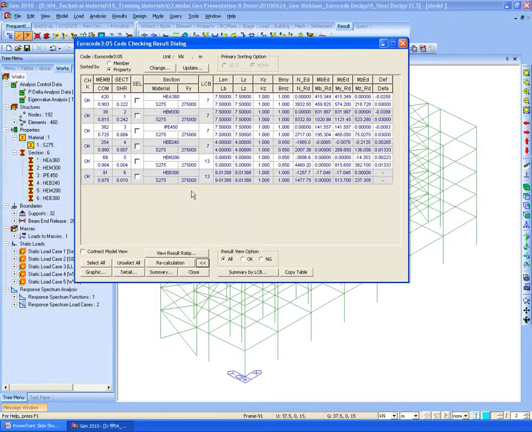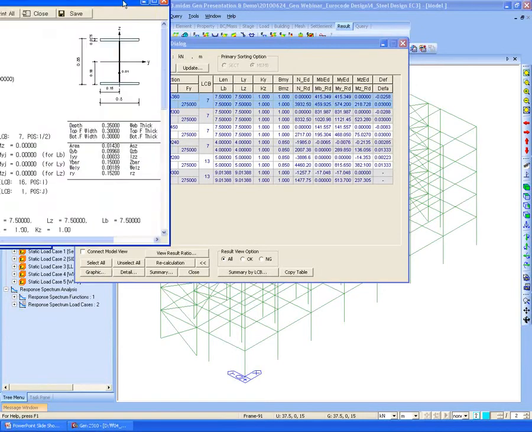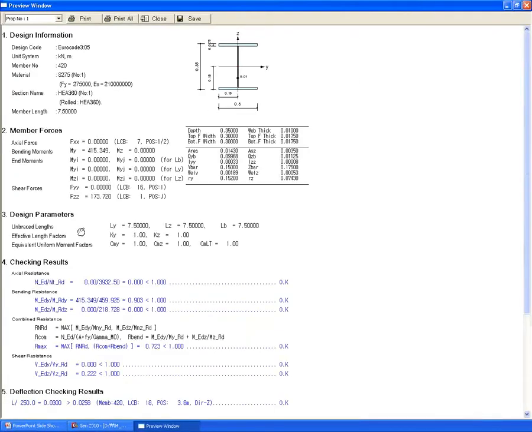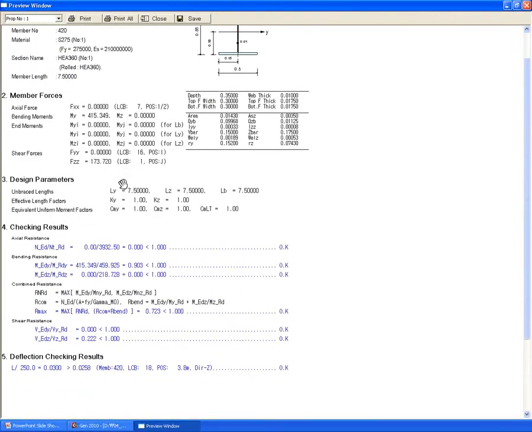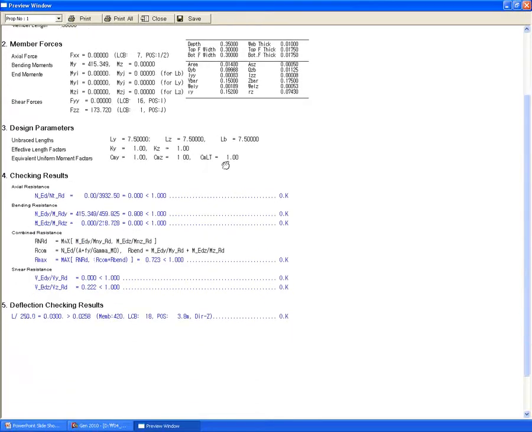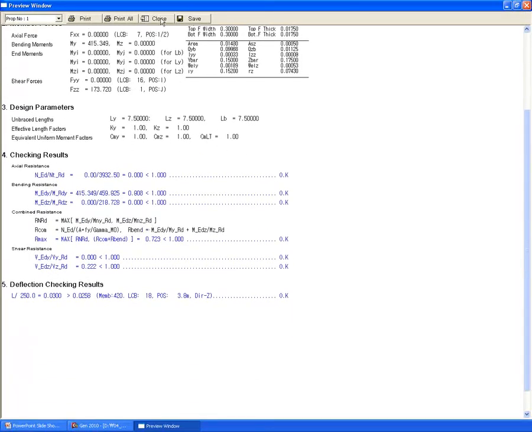So you can see now all of the sections are satisfying the design code. These are the same results as graphical results. You can check the entered design force and ratio.